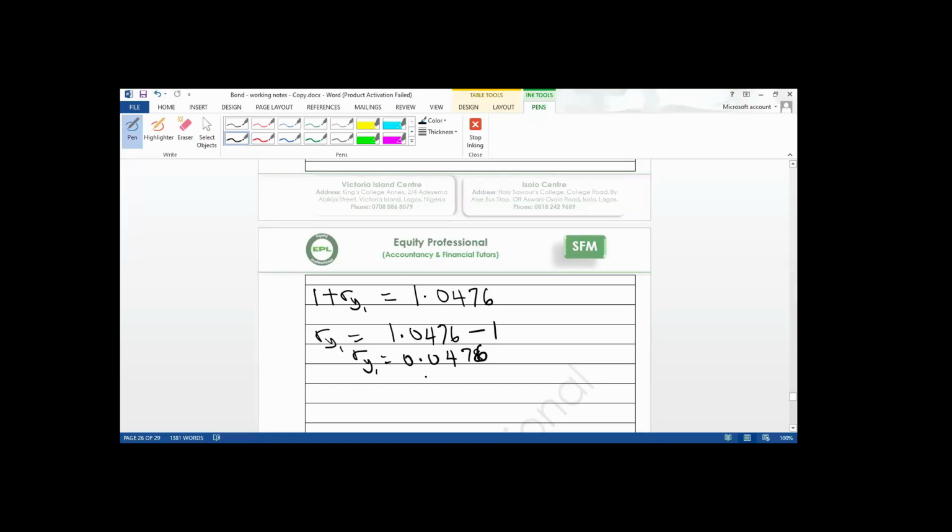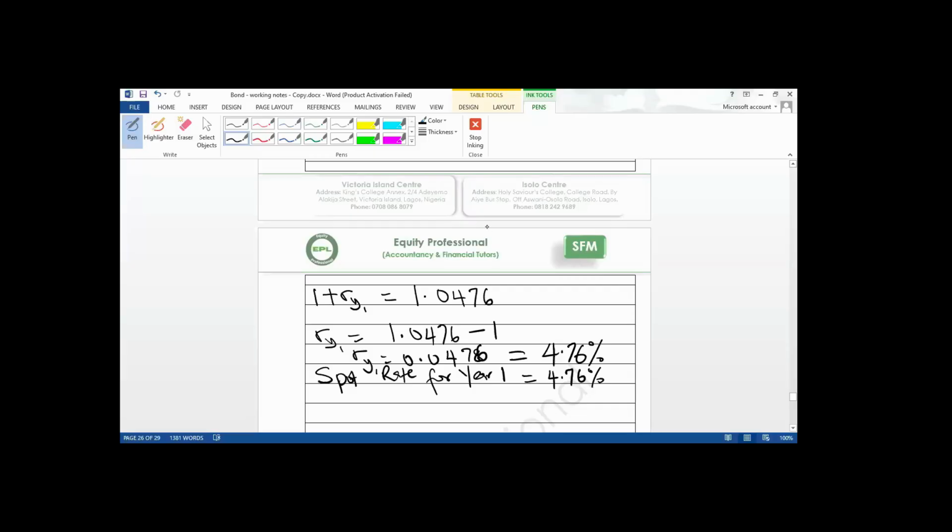In percentage, that will give you 4.76%. What you are saying is the spot rate for year 1 is equal to 4.76%. You have obtained the spot rate. That is how to derive the spot rate. Next,